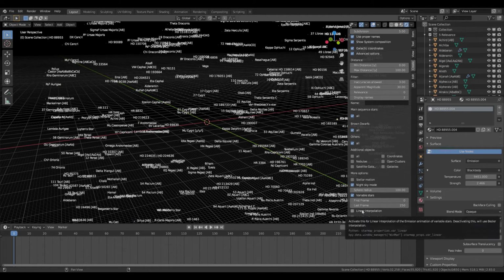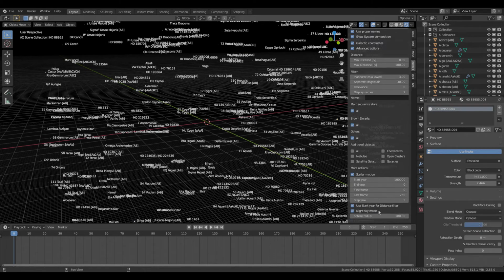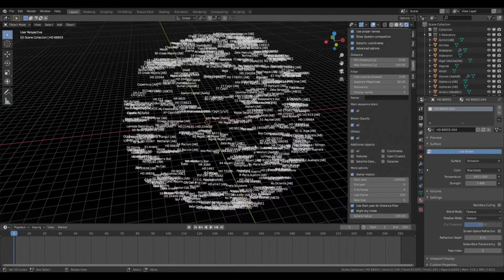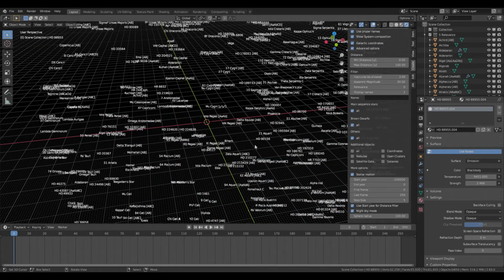One thing to note, what I forgot in stellar motion, is that I couldn't find data for some stars regarding their proper motion and radial velocity. If you select stellar motion, some stars are just filtered out and not displayed anymore. This brings me to my next point, which is stellar motion in night sky mode. You can select both night sky mode and stellar motion if you want, and this way